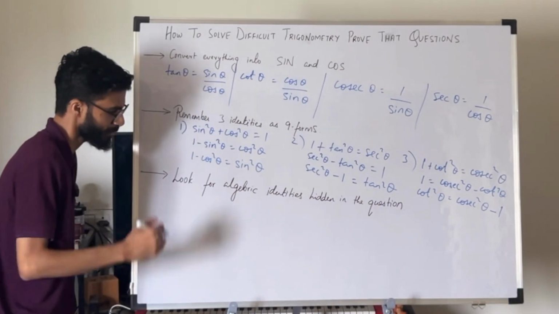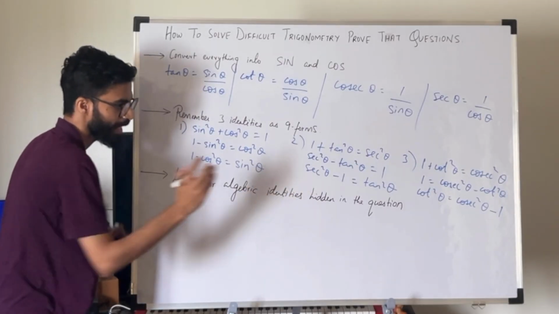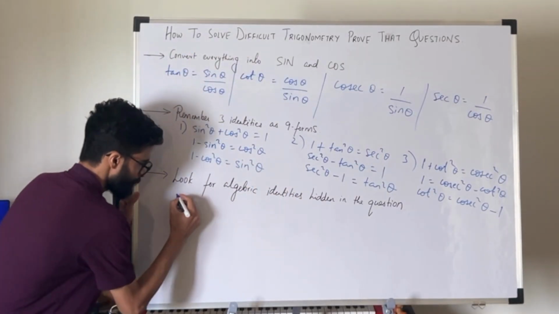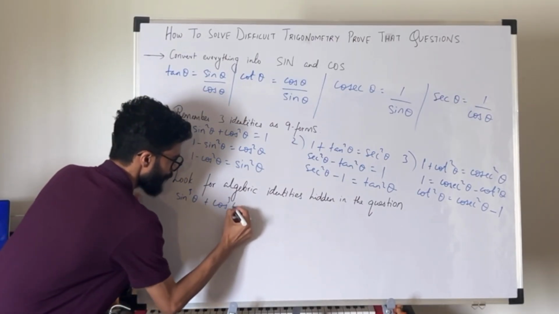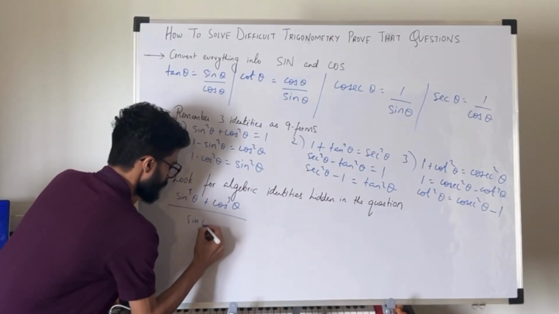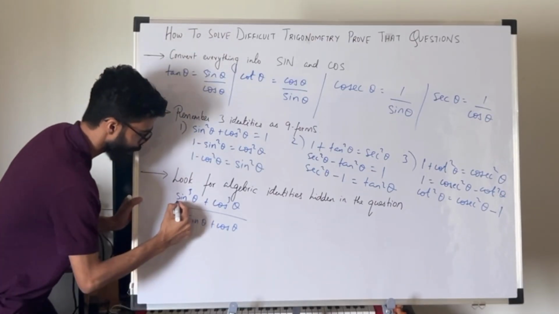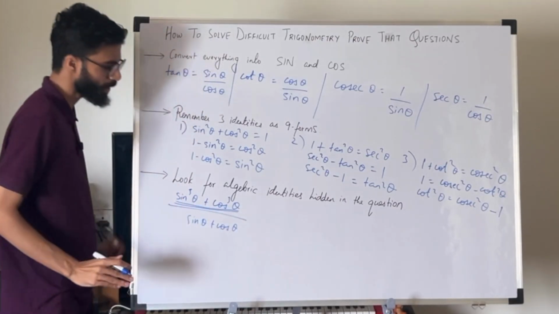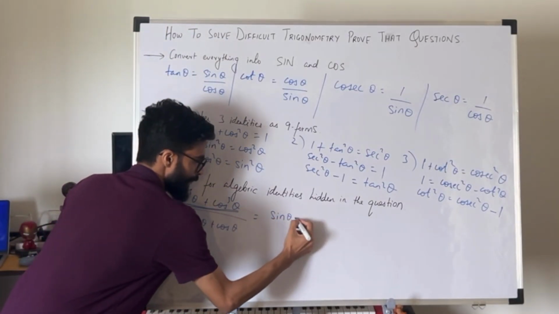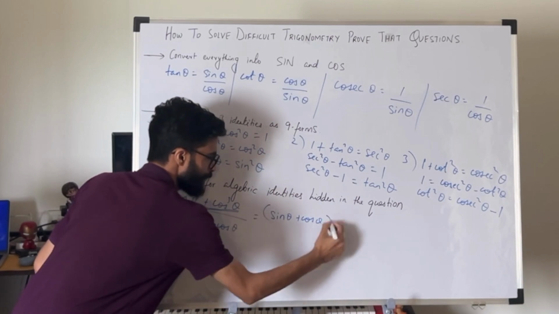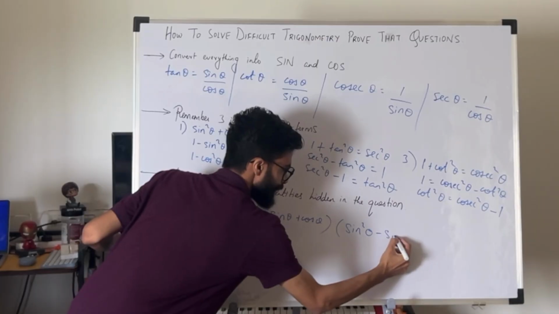The third one, it's more like a tip than a trick. Look for algebraic identities hidden in the question. Suppose I have sin cube theta plus cos cube theta upon sin theta plus cos theta. Now the numerator is a cube plus b cube. I can write this as sin theta plus cos theta into sin square theta minus sin theta cos theta